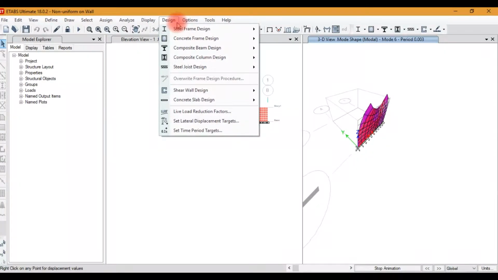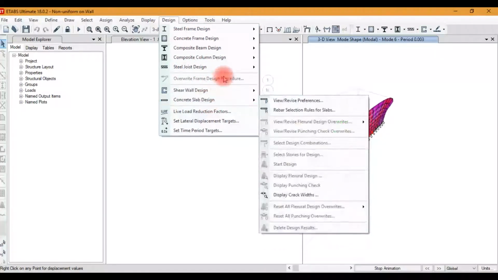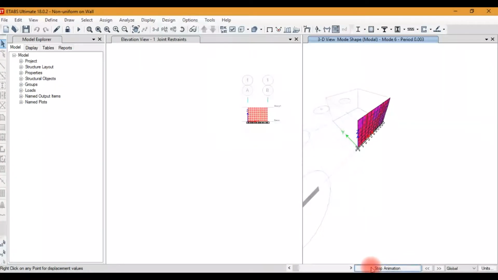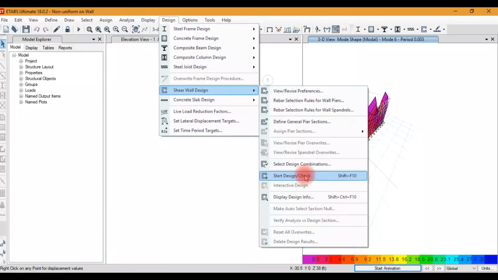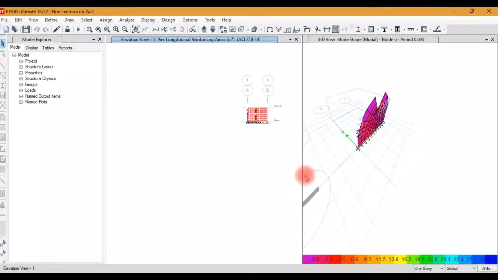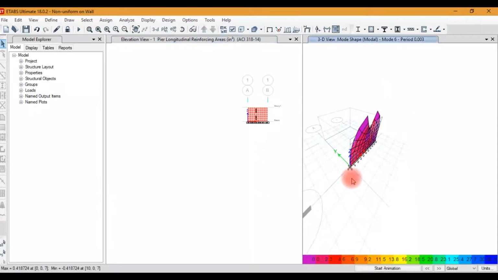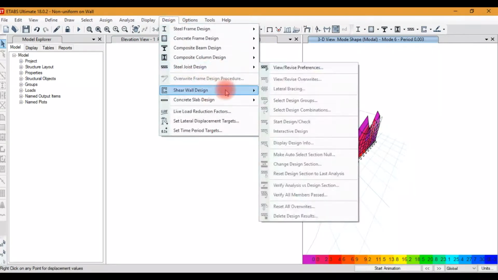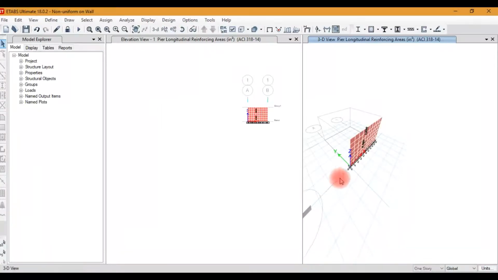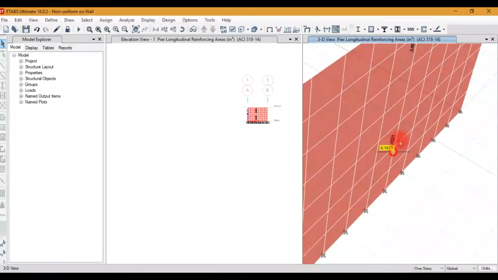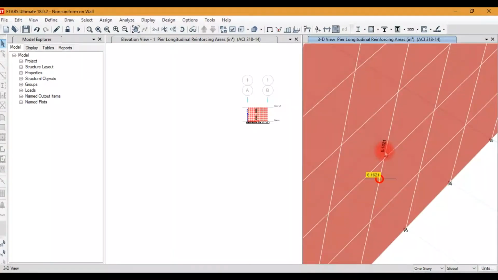Now we will design the wall for the non-uniform case. Start design check. You can see here the area of reinforcement.